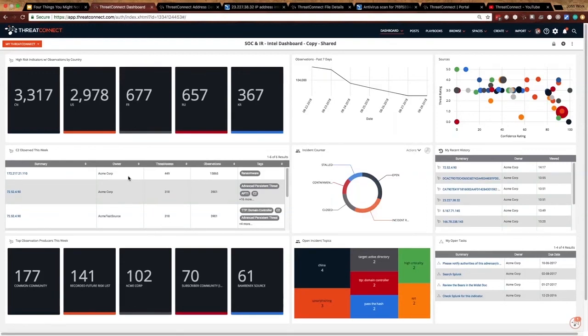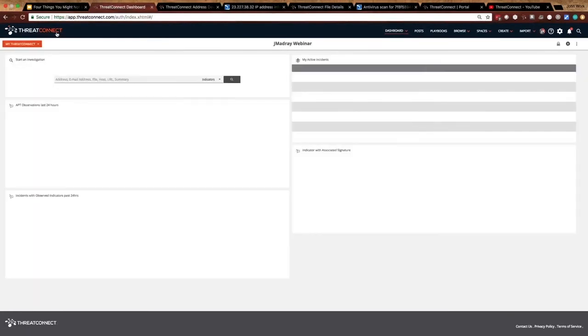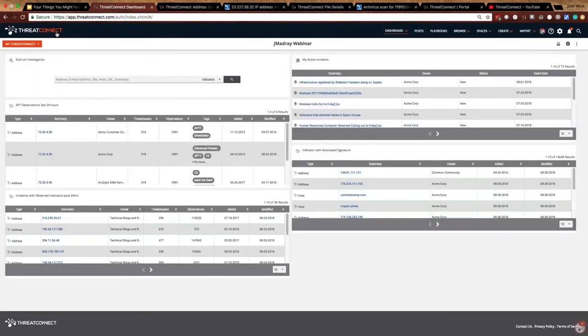With CAL, can anyone else see any of my data? No. The thing with CAL is everything in CAL is de-identified and anonymized. All your instance is doing is reporting back metrics of the indicators that are in your instance to ThreatConnect, and then we take those raw metrics and report that back out to CAL, and that's going to happen once a day.